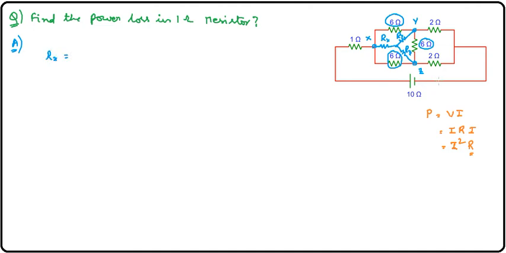As we have already seen how to find Rx, it is the multiplication of the connected resistors, that means this 6 ohm resistor and this 6 ohm resistor, divided by the sum of all the three resistors. So multiplication of two connected resistors divided by the sum of all the resistors is equal to 6 into 6 is 36, divided by the sum of all the resistors, which is 18. So it will be 2.